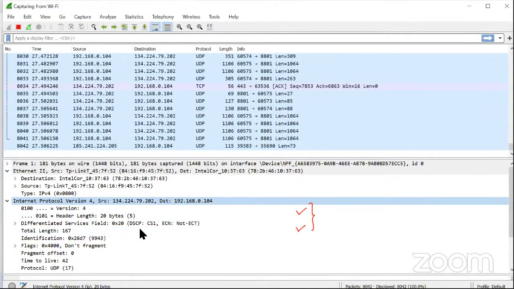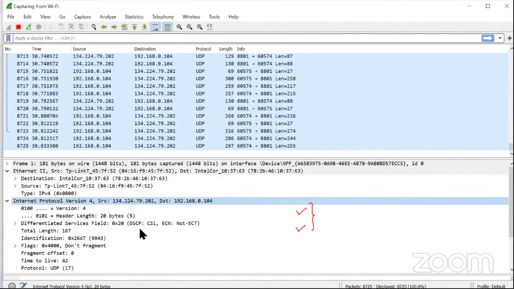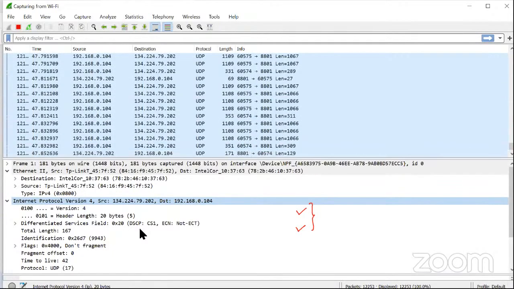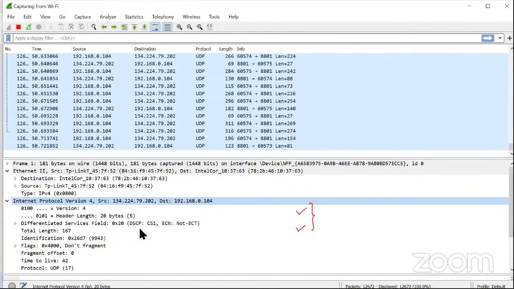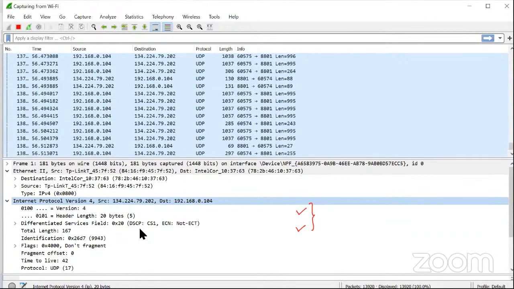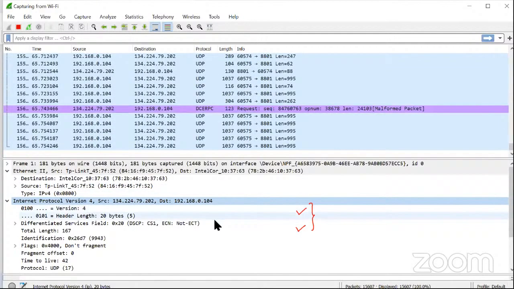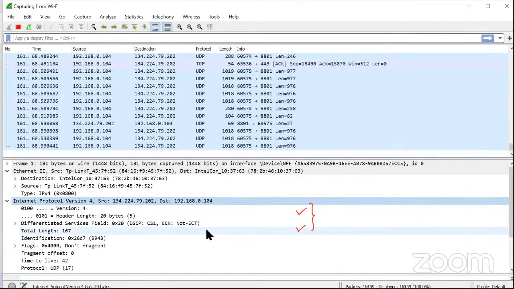So whatever we are talking about in terms of the IP header, we can see it in any network capture tool. The one which I'm showing currently is Wireshark. That is free software we can download directly by searching for Wireshark download, and you just need to follow the installation steps and you will be done. No extra anything is required for the installation. So this is important, it makes us understand what all information my packet is carrying, and we can see all the OSI layers over here to understand.